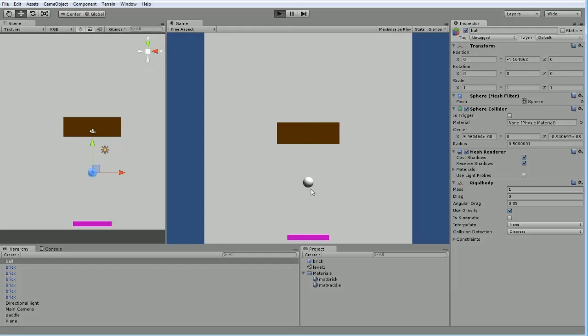The first thing we noticed, probably when you hit play, this ball, there's not really any bounce to it, and we really need it